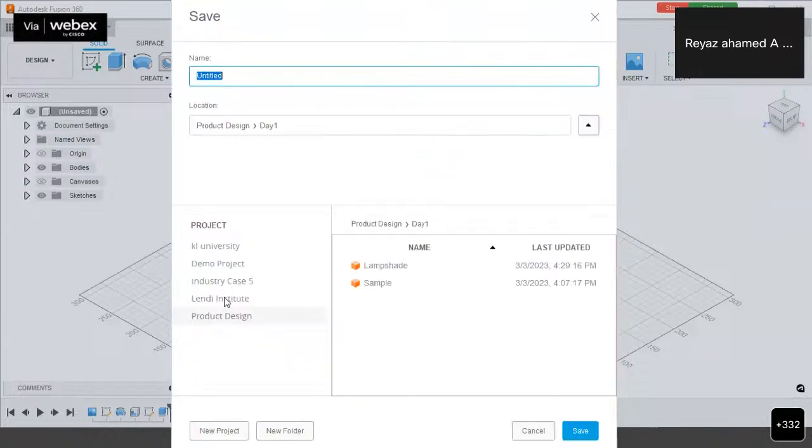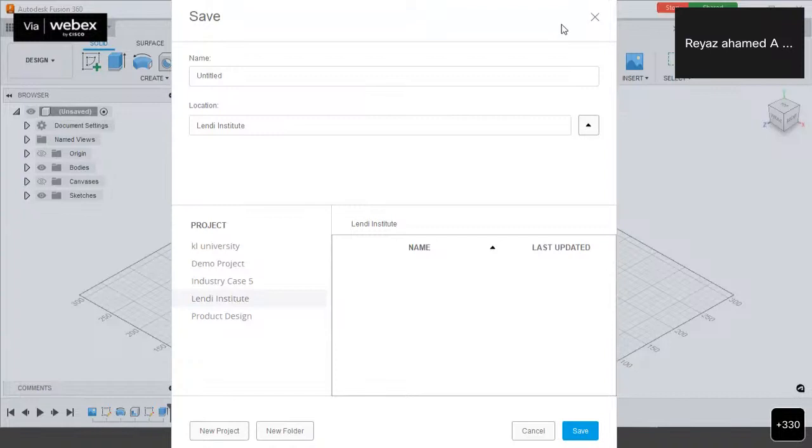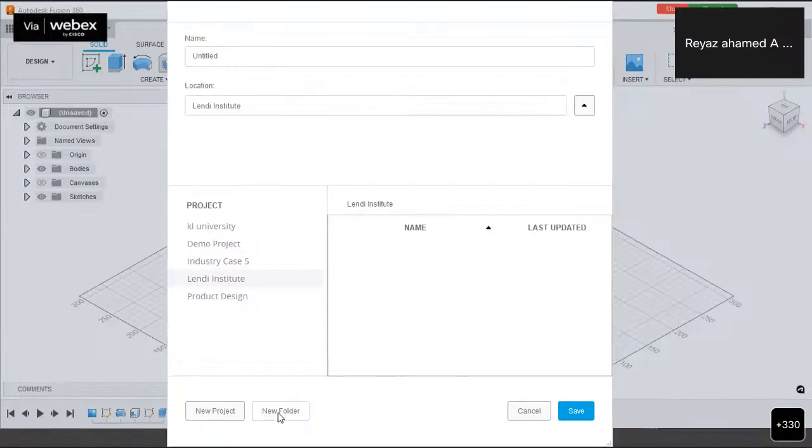In that, the Lendi Institute project, which we have created just now, I am choosing that. In that, let me create a new folder. There's an option called new folder. Let me give the name as day one.